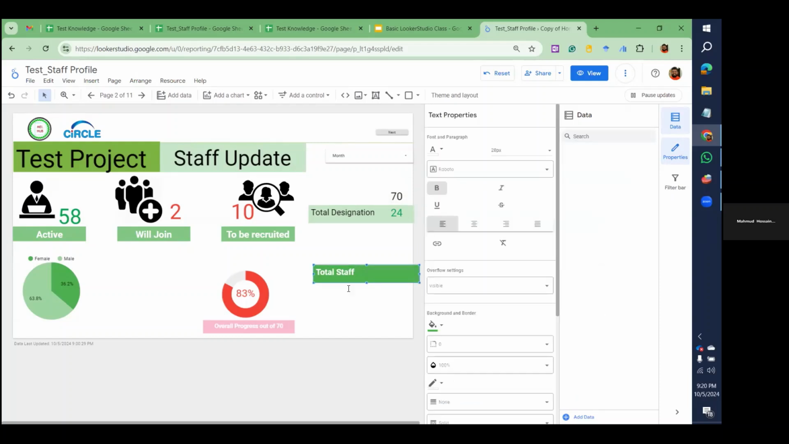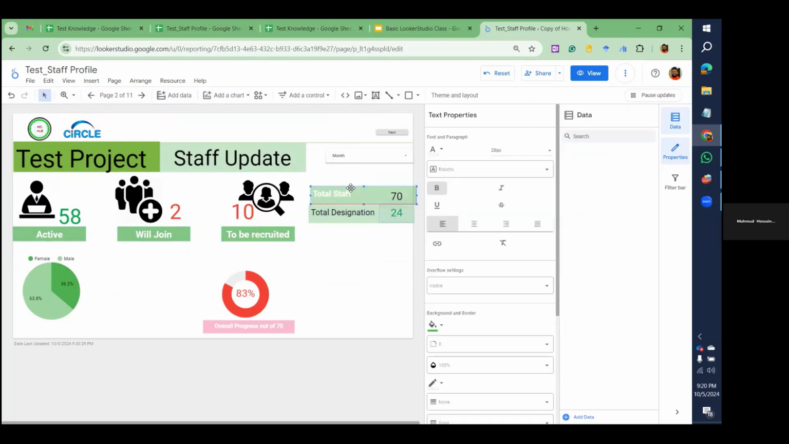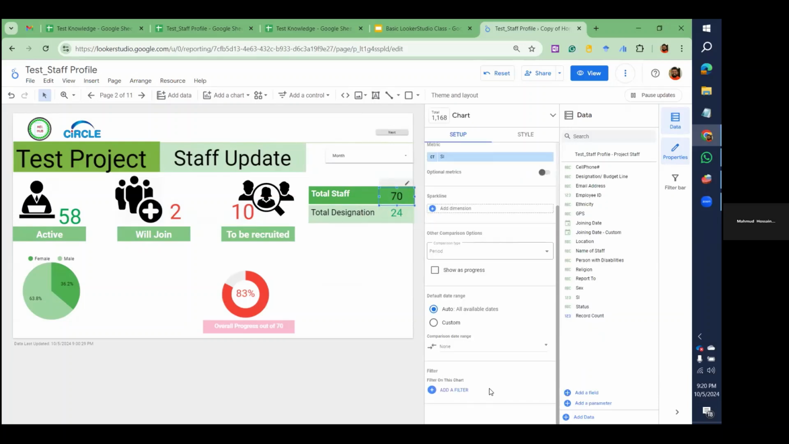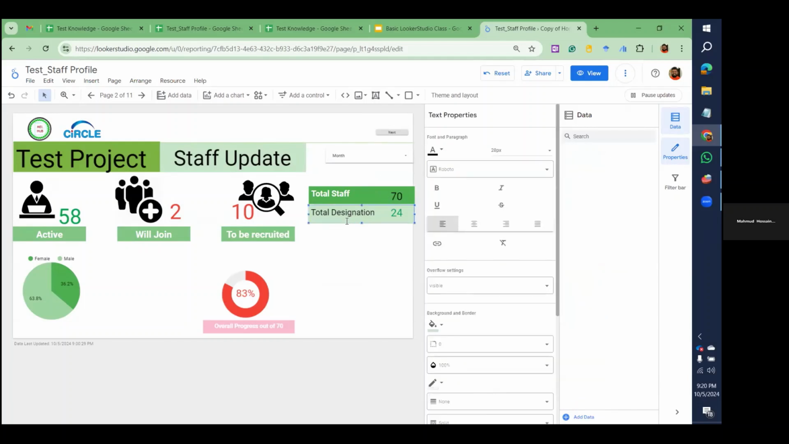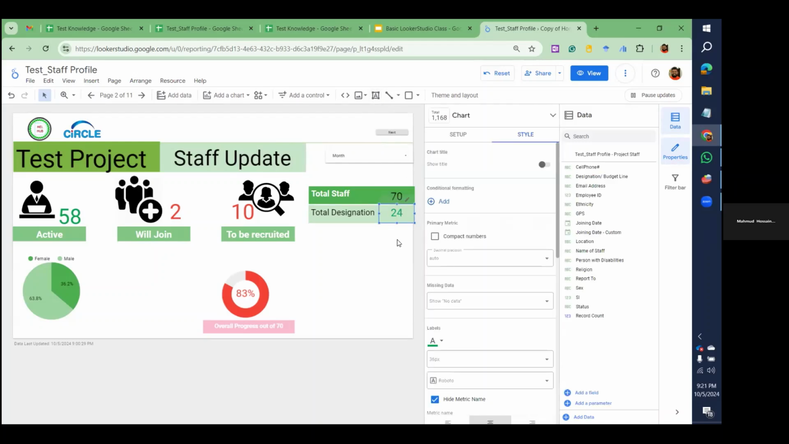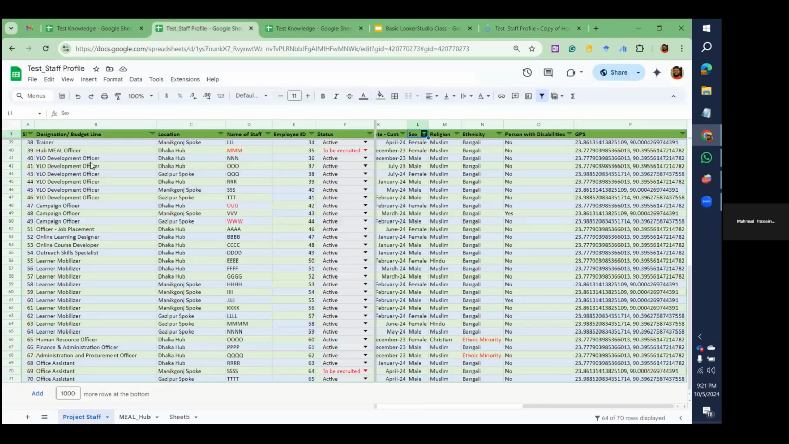What I will create is the same as previous. Create a text box like this. As we are using the total staff, here we use no filter. All staff is here. In the designation, this is the same. I have used only a text box, and this is a scorecard, but we have changed the dimension. Which dimension? This is the designation and budget line. Total 40 staff,